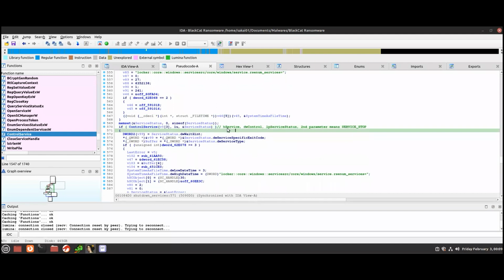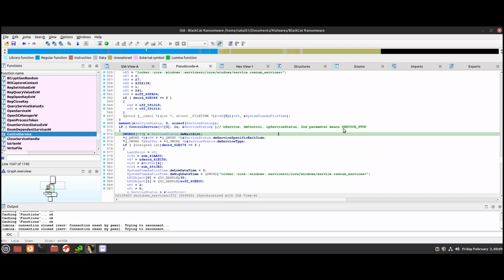It's saying the service, the handle of the service, is trying to use the control type and lpServiceStatus. Now, the second parameter, as you see, dwControl here is 1. That means service stop. This is directly from the Windows API documentation, MSDN. I'm not saying it myself. You can go ahead and check it. ControlService, the second argument,